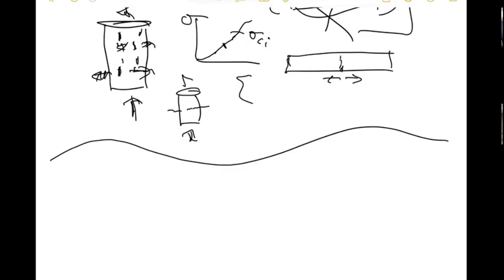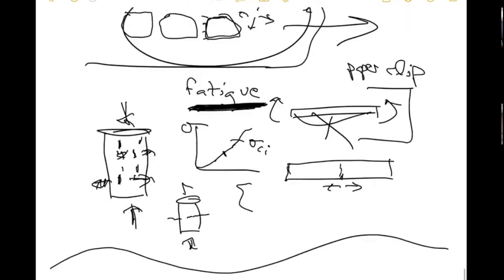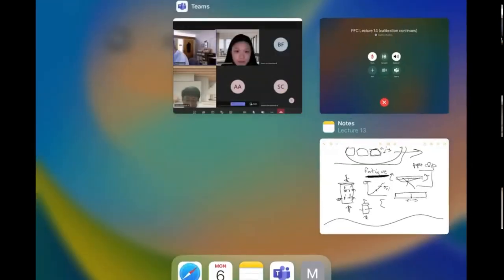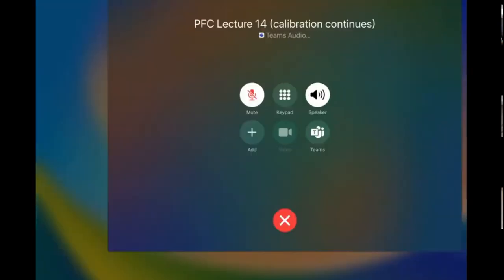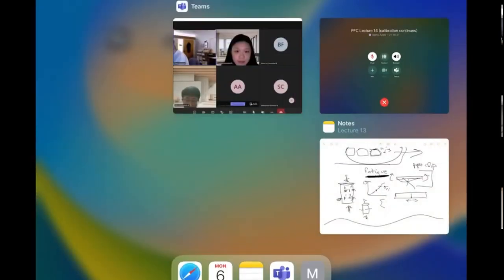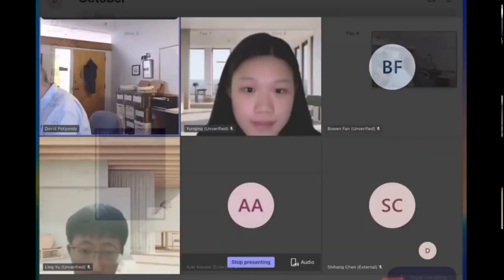So it's 9:30. Let's see, what's the next step here? I think I'm going to go back. Yeah, okay. I think I've said what I want to say about actual properties of rock that we're going to try to match. So now I'm going to go back and stop sharing. I'm going to try to stop sharing. How do I do that?